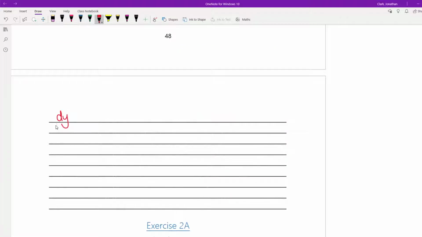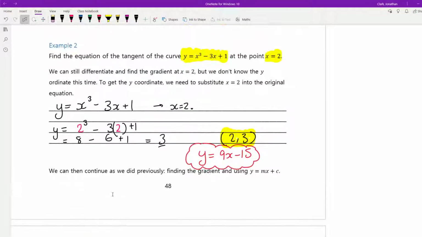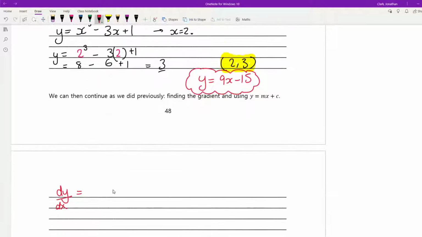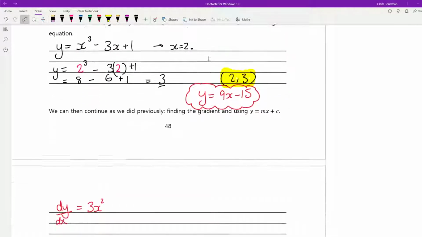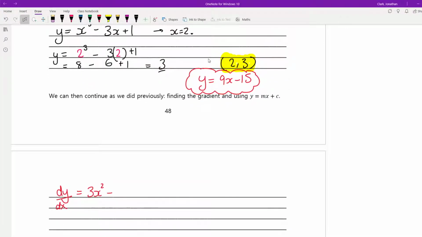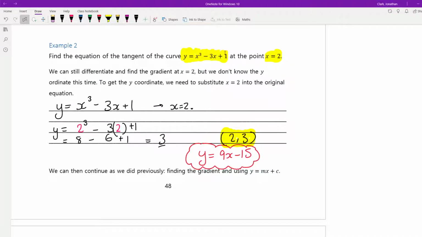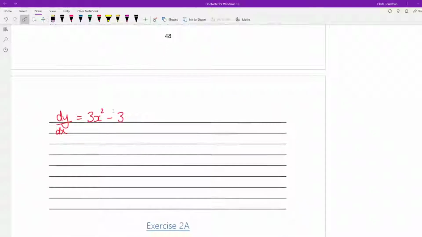So let's differentiate the expression. I've forgotten what it is already. Okay, x cubed take away 3x plus 1. So x cubed differentiates to 3x squared, minus 3x differentiates to 3, and the plus 1 is a constant term and disappears when you differentiate. Lovely. So I've got dy dx,